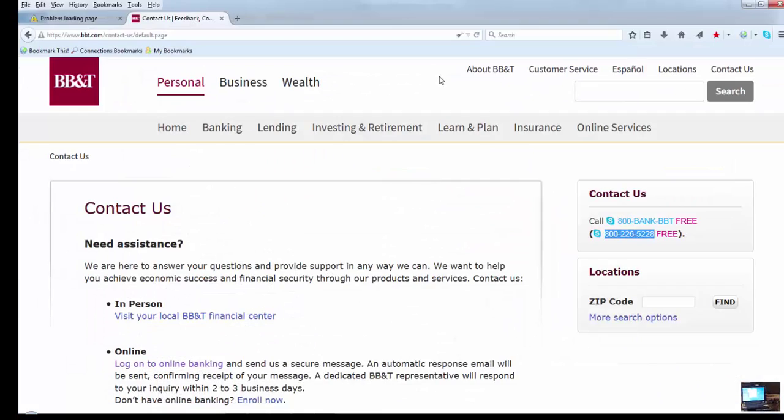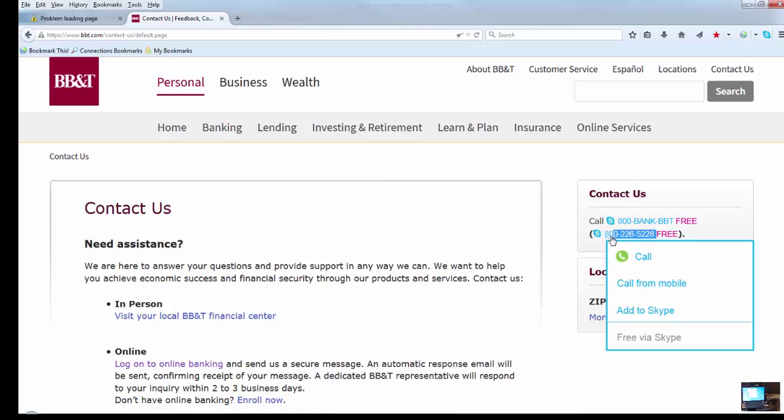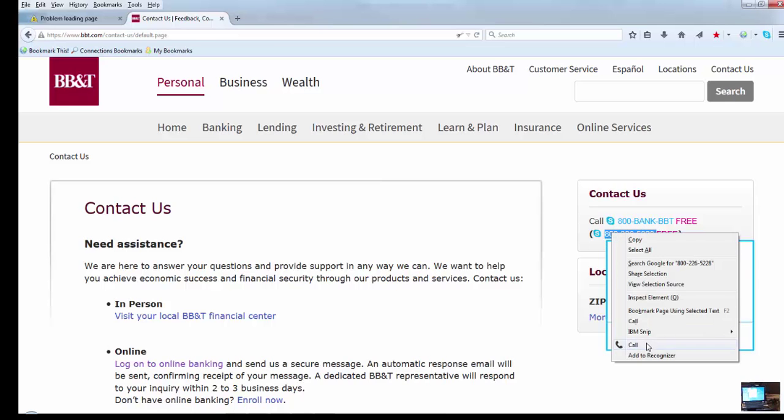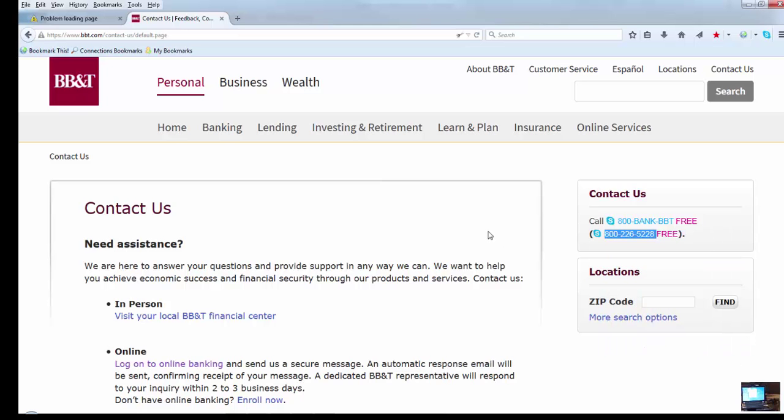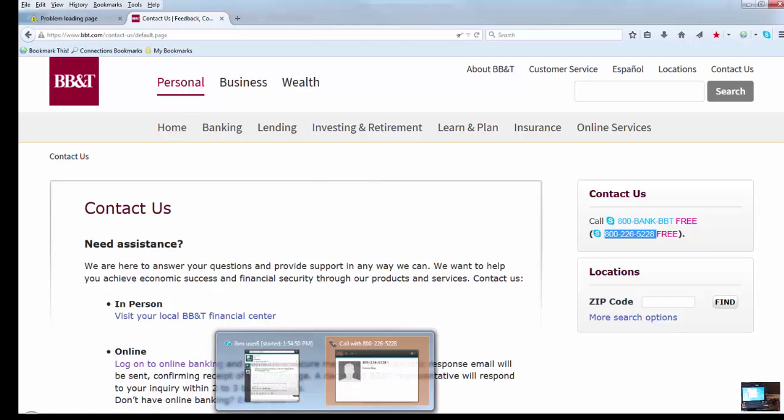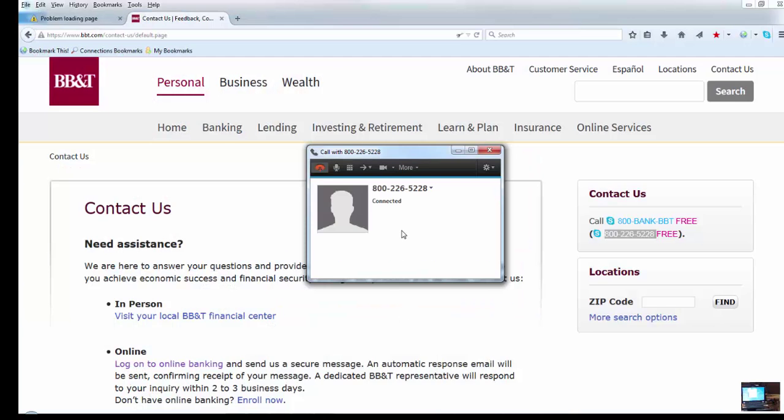Another quick thing while we're on telephony, I could bring up a browser, and you'll notice that on this web page there happens to be a phone number here, and I could highlight it, right-click, and place a call, and that call then